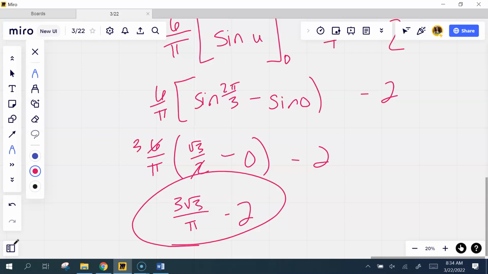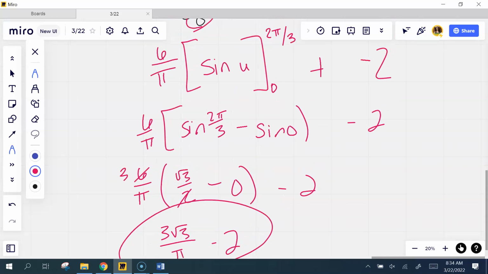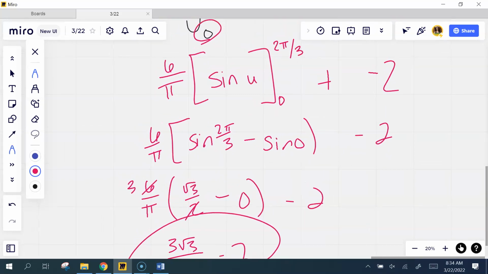All right, so 1 point for the antiderivative. If you knew how to do the u-substitution, there's the antiderivative. 1 point for knowing that you had to use the initial condition, and 1 point for the answer. So 1, 1,